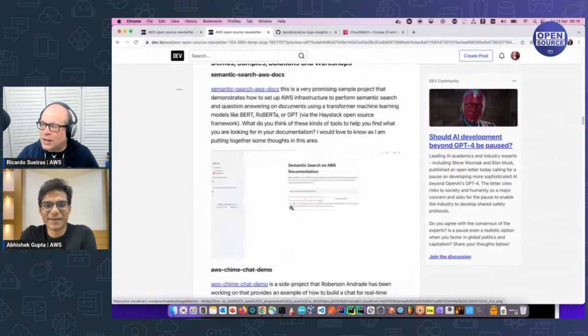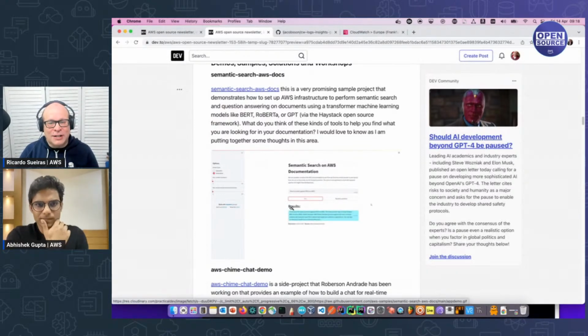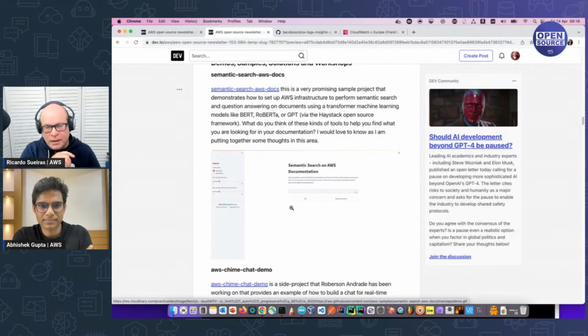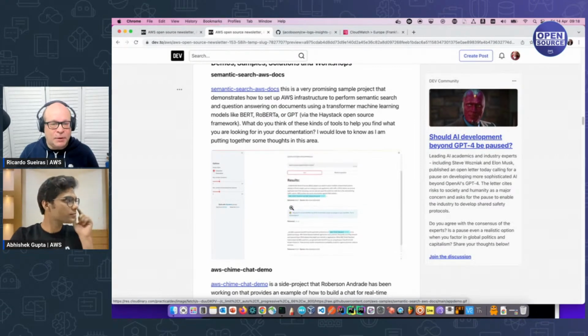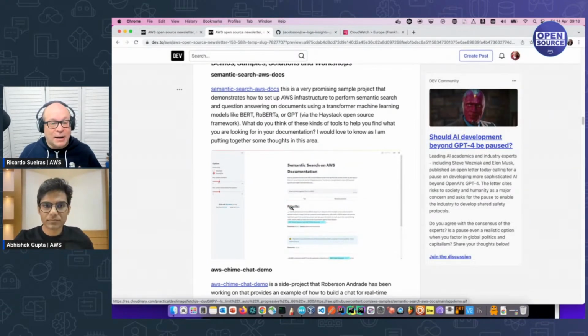The other project I want to talk about very quickly before we finish this section is this one, semantic search. Right now, one of the interesting ways I see that large language models are being used is to help developers more easily find the information they need from documentation. So Astra, I think, is the one that I've heard about most. But the idea is that you use your documentation as a corpus, and then it allows you to do things like, rather than do a Google search, say, how do I deploy this on AWS, or how do I configure this thing to do that? And then it will just extract from the documentation the bits you need and give it to you. That's how the Astro thing works anyway.